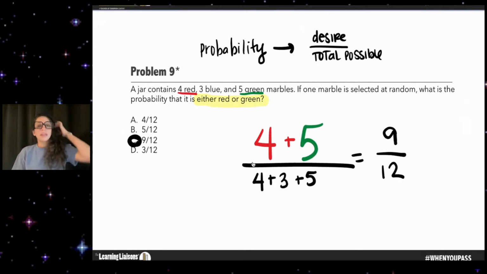Now, probability can get a little bit more difficult, as you and I know. We could have a probability of pulling multiple marbles. We could have a probability of doing everything but. We could have a probability of pulling a marble out, putting it back in the bag, and pulling another one out. There's combination probability. So there's a lot of different probability that goes into it. This is the most basic probability that we have. And so I just wanted to start there.